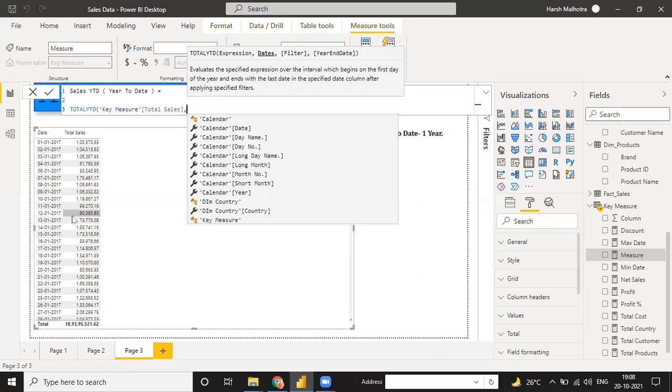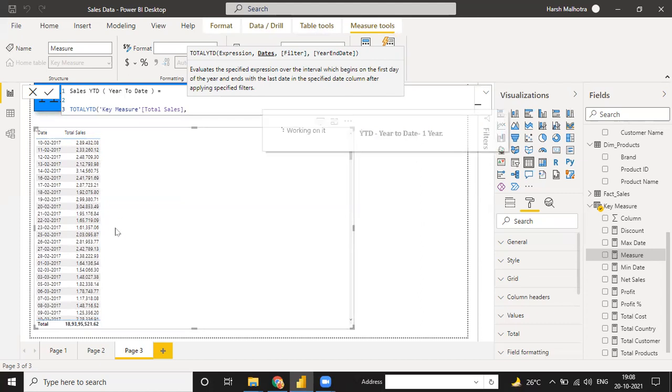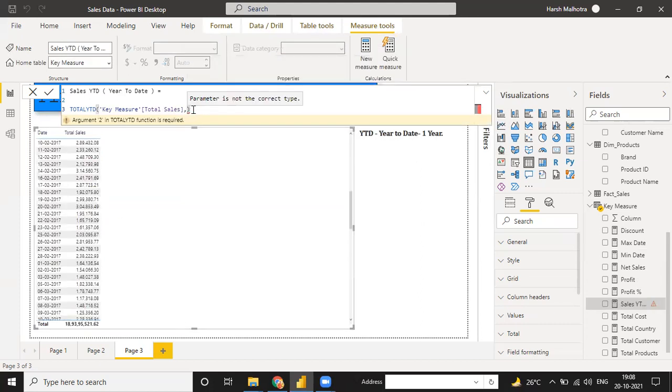Suppose your ending date is 31st March 2019, then this sales value will be only for 2019, then you can use this value.